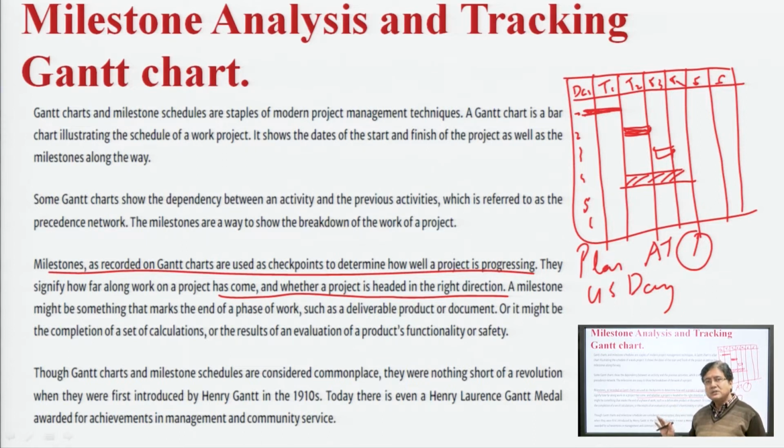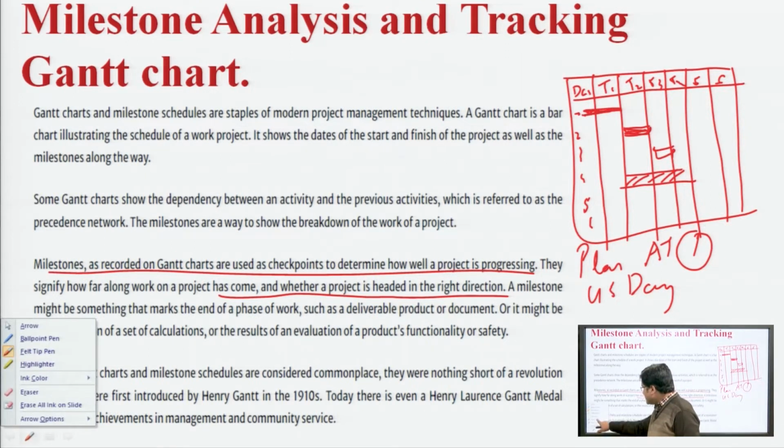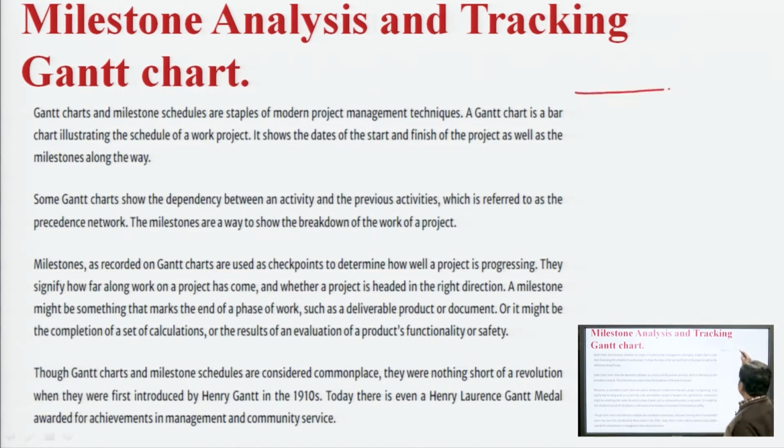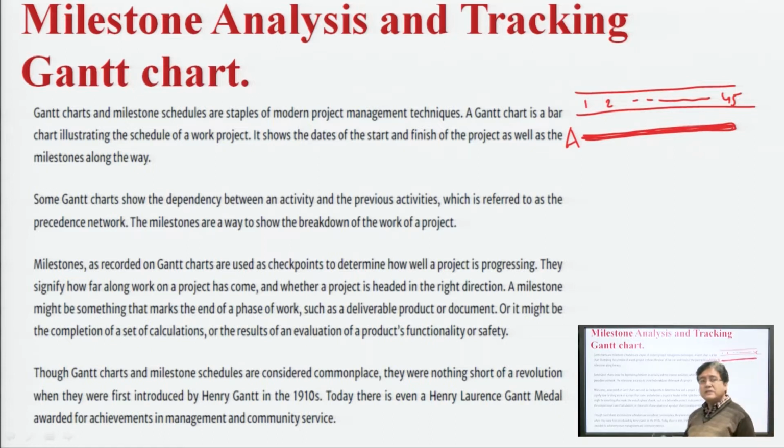In the Gantt chart, these are days 1 to 45, and activity A is here, and if activity A is finished as per the plan like this, then we say that we achieved the milestone.